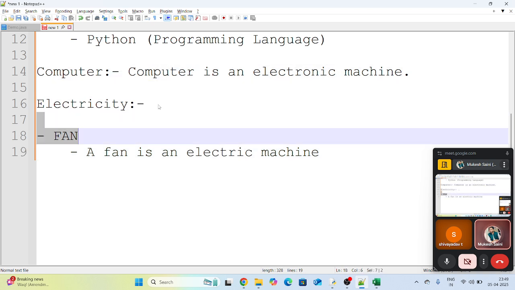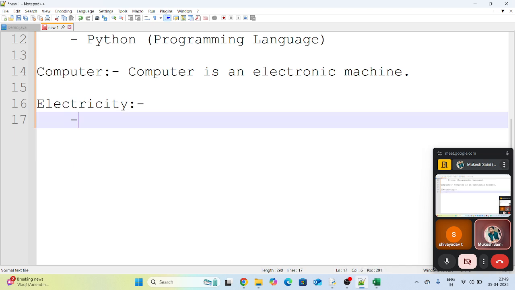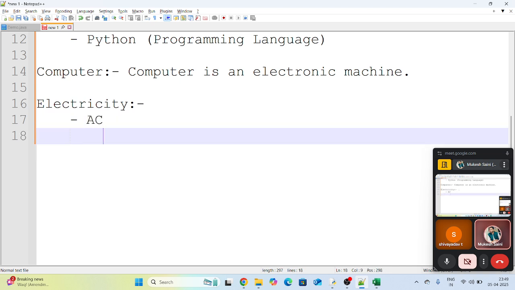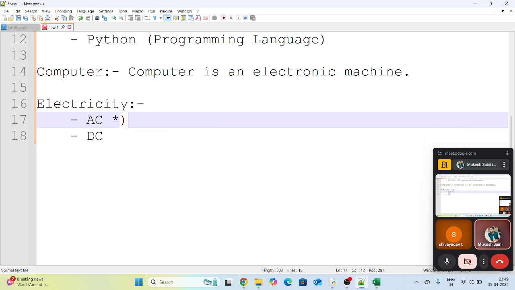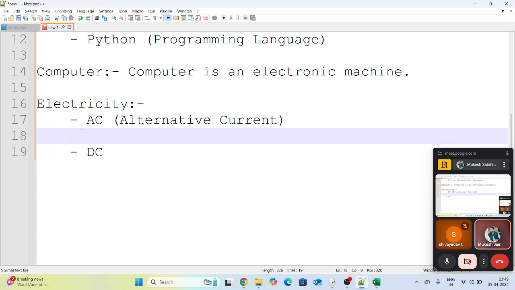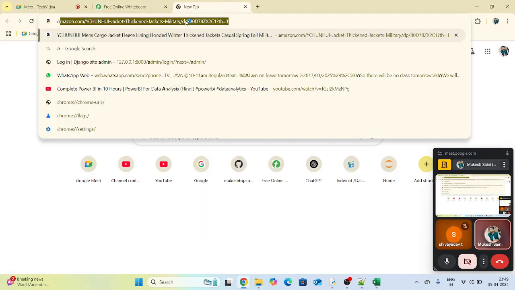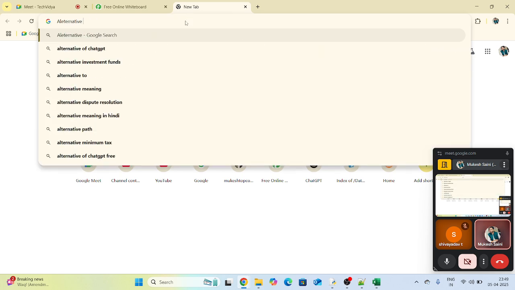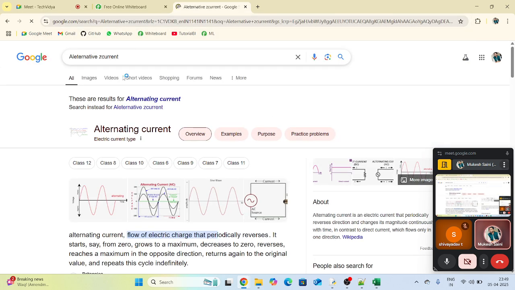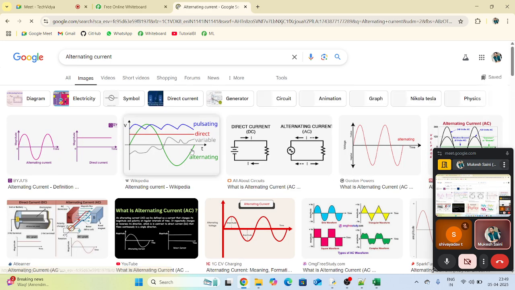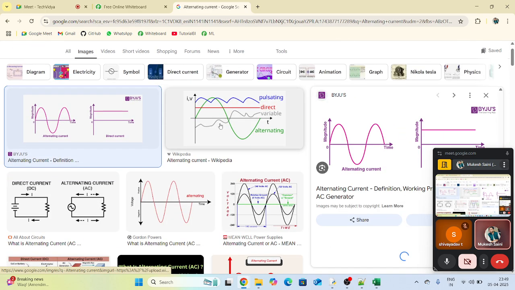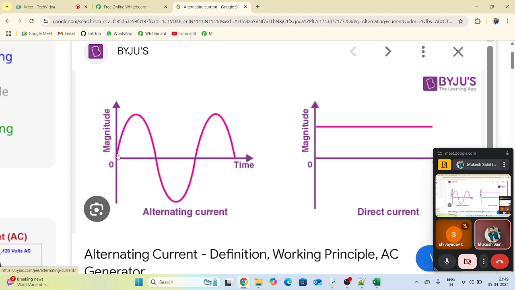The fact is, we have two type of electricity. The AC and DC. AC means the alternative current. Okay, the alternative current. How does electronic alternative current flow? Let me show you that. Alternative current. So you can see this is the alternative current. Okay,